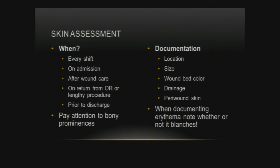Skin assessment, again, our bedside staff are excellent in that. When do you do it? Every shift, on admission, after wound care, when they've come back from a lengthy procedure, prior to discharge. Pay attention to the bony prominences. Those are the places where you will get pressure ulcers. So the back of the ears, the back of the head, the sacrum, the hips, the heels, those are the places where you will get pressure ulcers. Other areas of